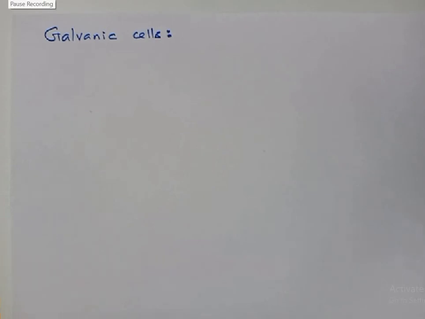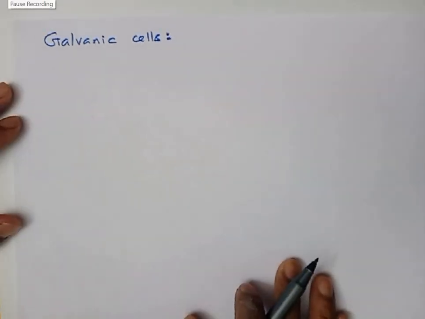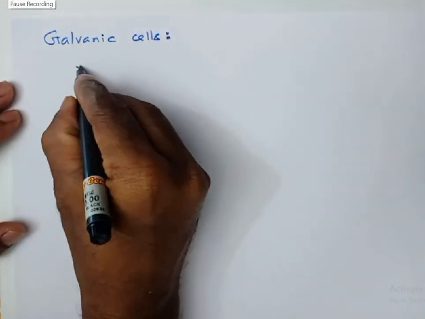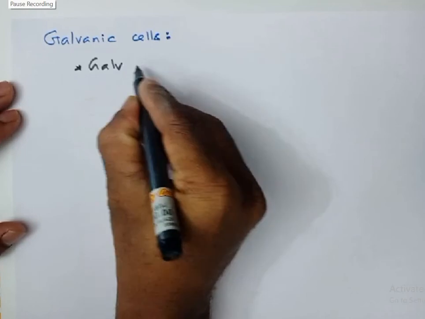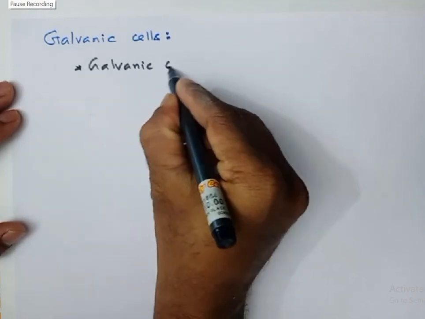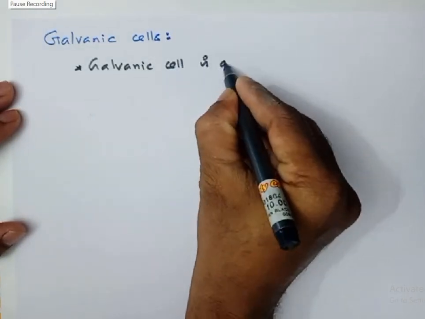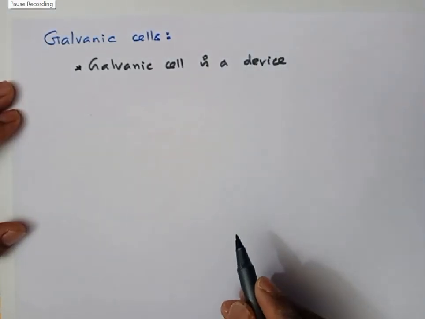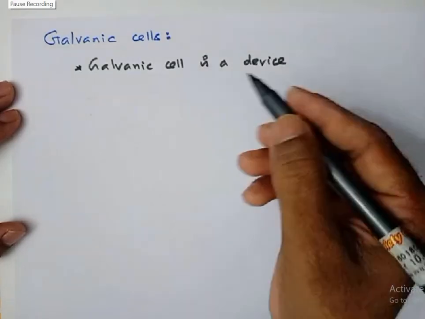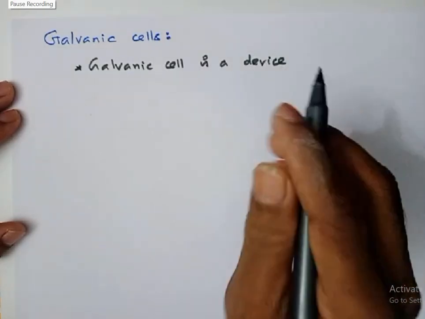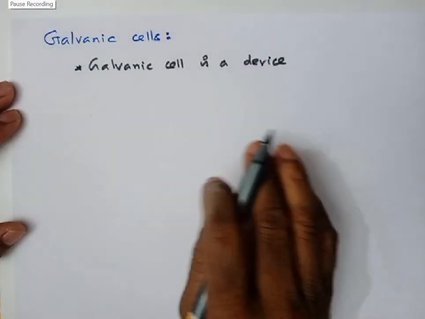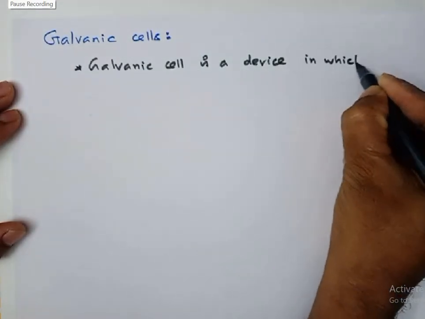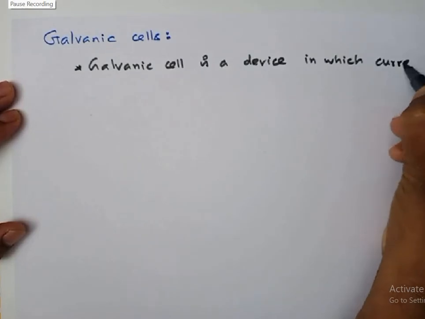Okay, so what are galvanic cells? A galvanic cell is a device in which a spontaneous chemical reaction takes place, and because of that current is produced. So a galvanic cell is a device in which current is produced